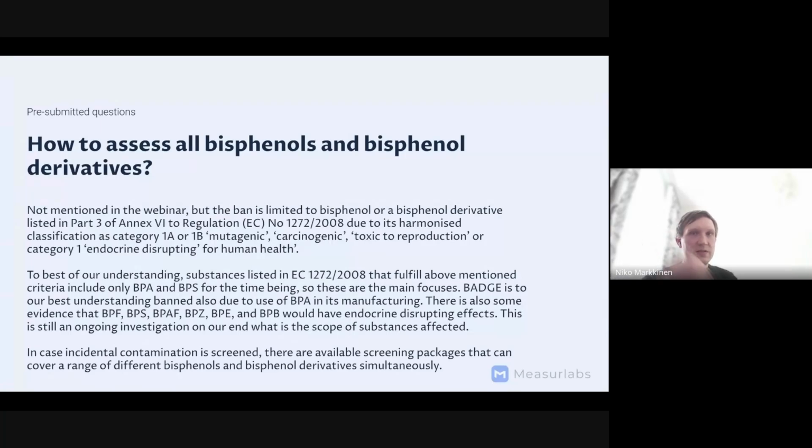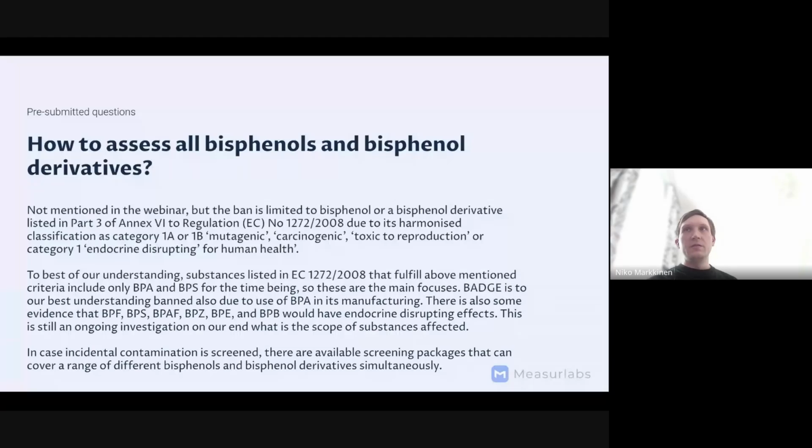How to assess all bisphenols and bisphenol derivatives, and I think this is kind of a headache that people maybe get some flashbacks with PFAS testing, because there are 4,000 or 10,000, I don't remember how many potential chemicals, and there's no way to test all of them. Fortunately, there are not that many bisphenols, and also in this case, the regulation specifies that within its scope, there are bisphenols that